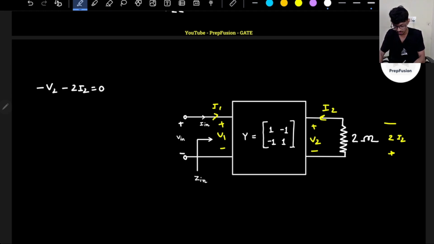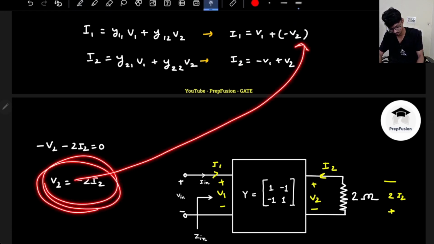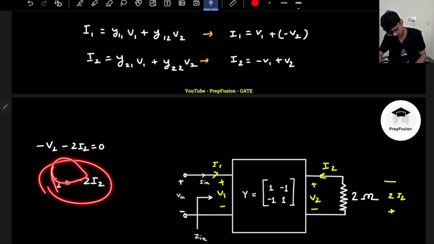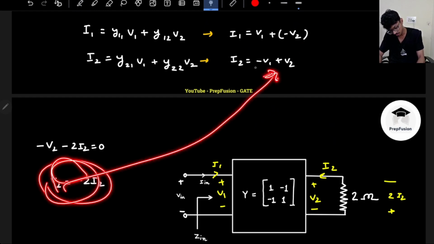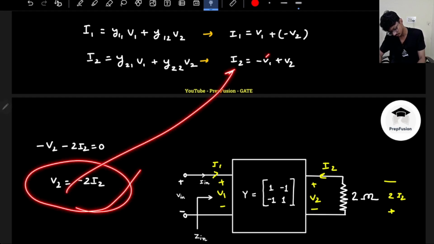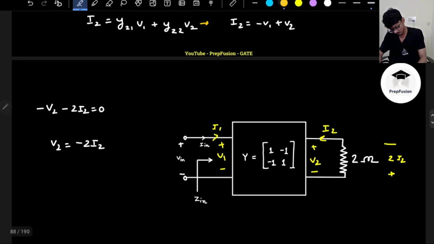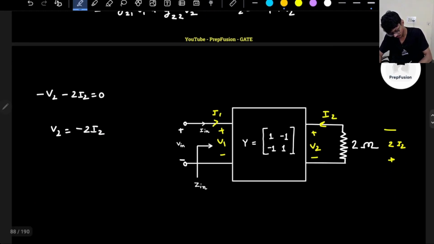or any other way you can understand that simply this will be negative. So V2 comes out to be minus of I2. Okay, V2 comes out to be minus of I2. So now you will simply replace it in this equation. Okay, not in this equation, sorry, in this equation. So you will write your I2 in terms of V1, sorry, your V1. Yes, we have to replace it in this equation, and from this equation I think we will be able to solve. So now if I replace this value in this equation, so my I2